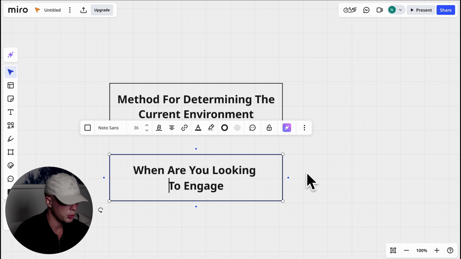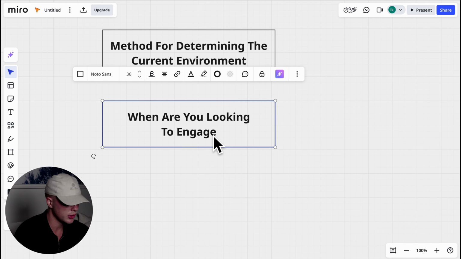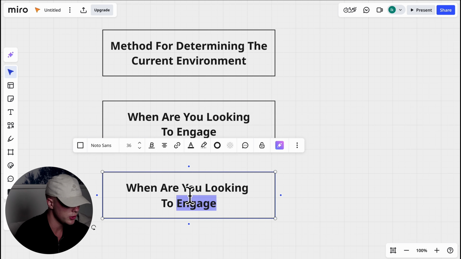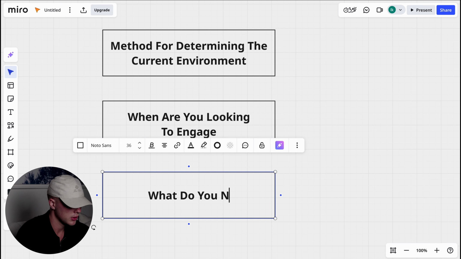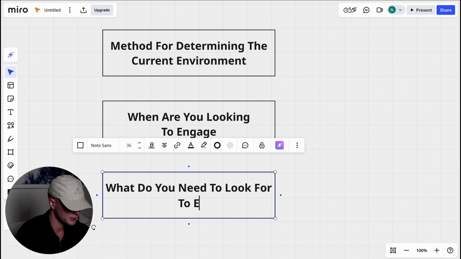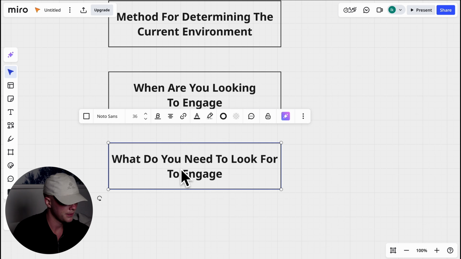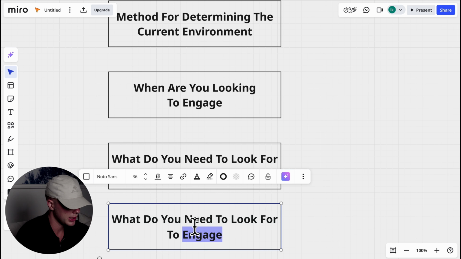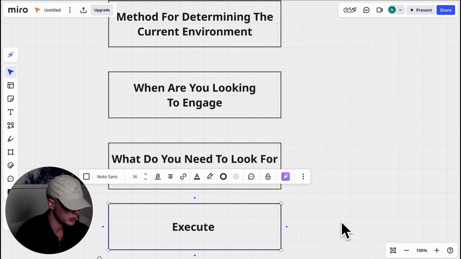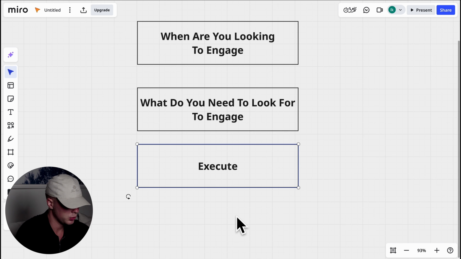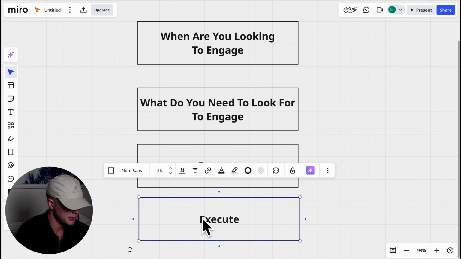After you have defined when you are looking to engage, what you're then looking for is what you need to look for to actually engage. And finally, what happens when you execute? And let's add one more, trade management.